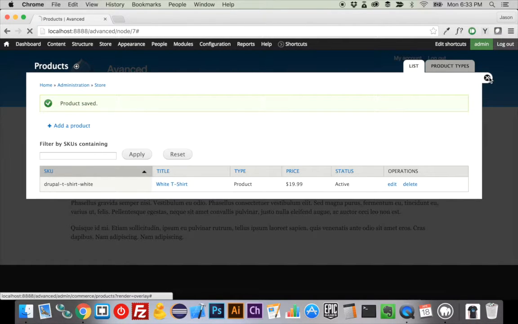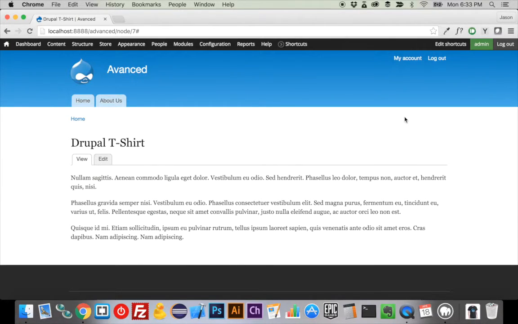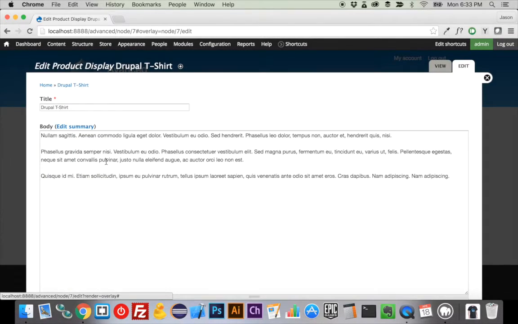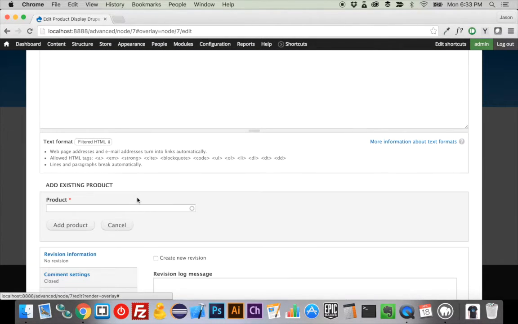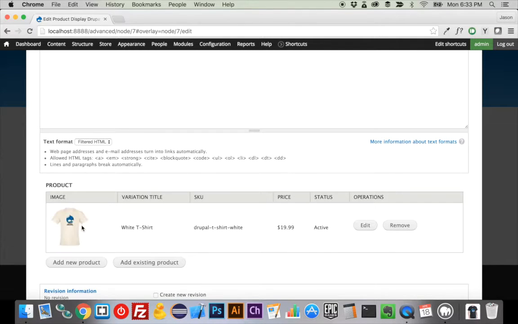Now, when we close this down, it's going to refresh, but nothing is going to happen because all we've done is added a product to our catalog. We haven't actually put it on this node now. So we need to edit our product display, and from here we're going to add an existing product. And if we start typing in white t-shirt, that's going to come up, and we can click it and add the product,